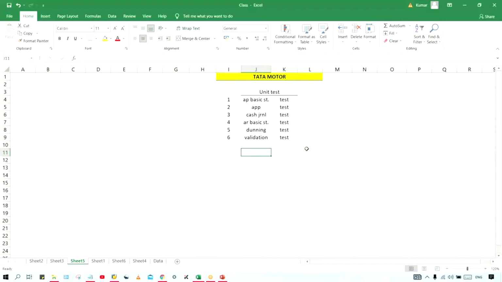Now we'll talk about integration test. Okay, so there is a process called P2P. What is this P2P, guys?